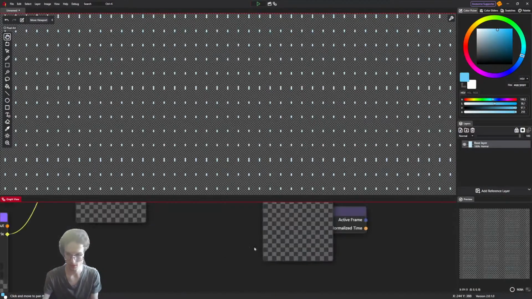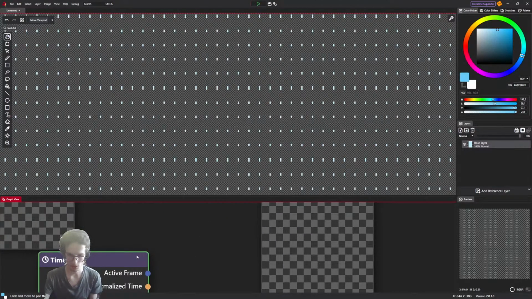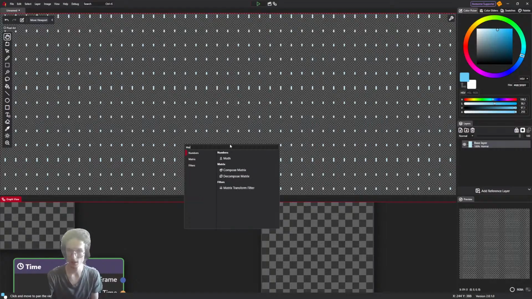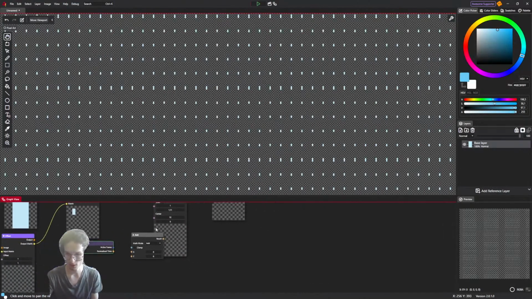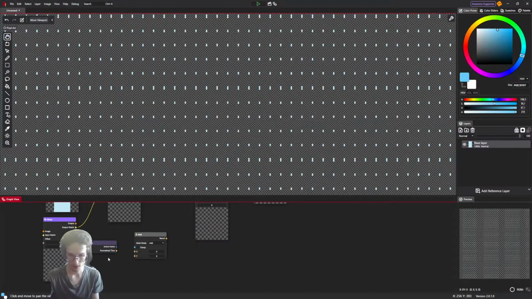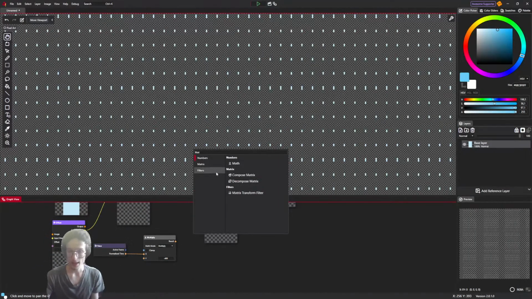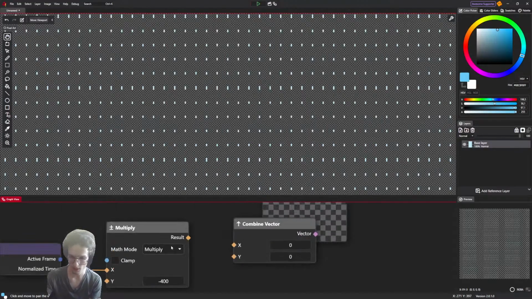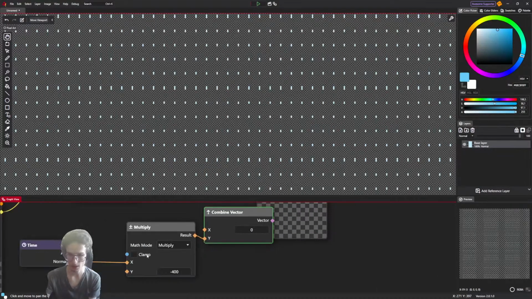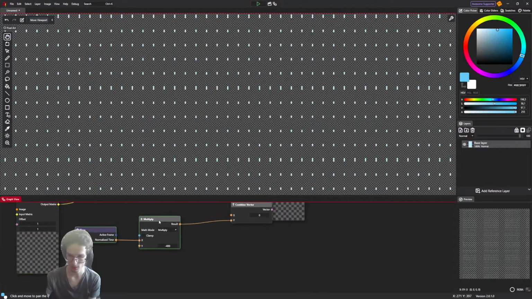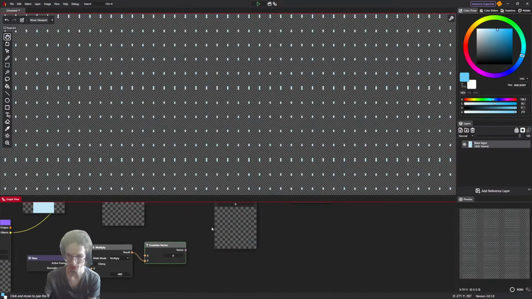So let's take advantage of that and create a map here, connect the time and multiply it by, I don't know, minus 400, let's say, and to have it go up and down, we're just gonna plug it to y, and let's leave x without any value.